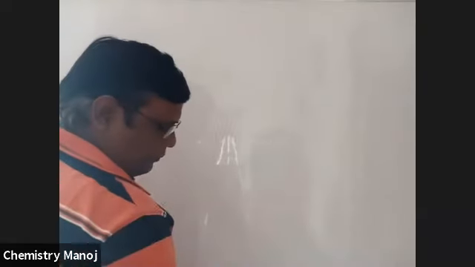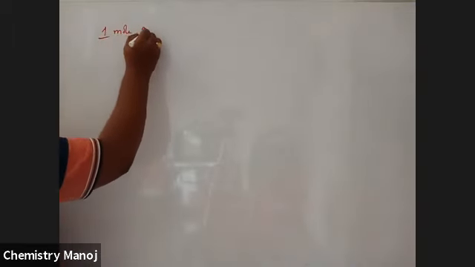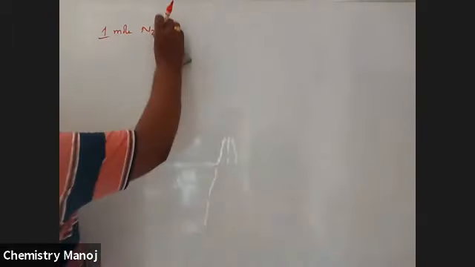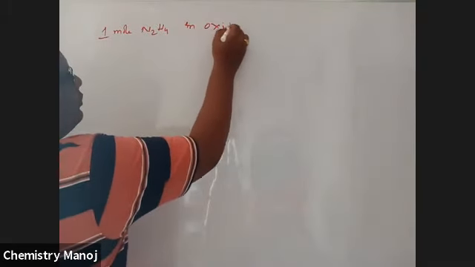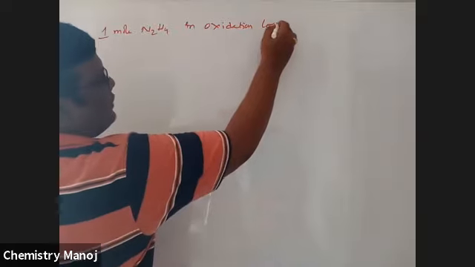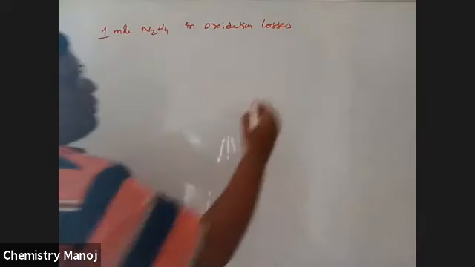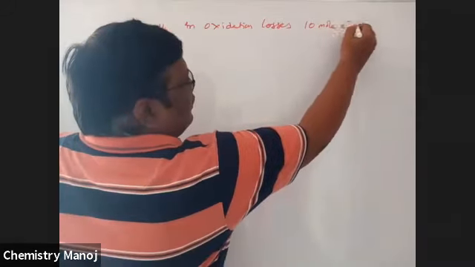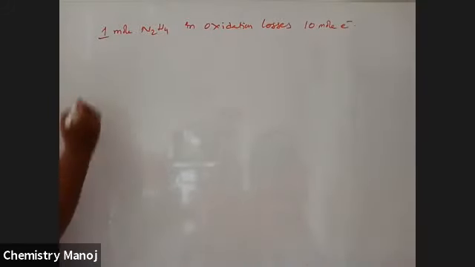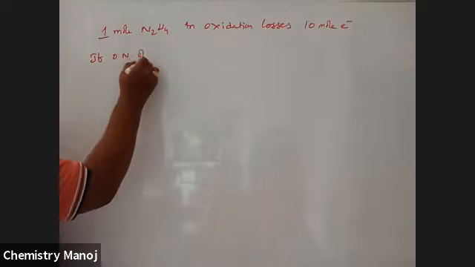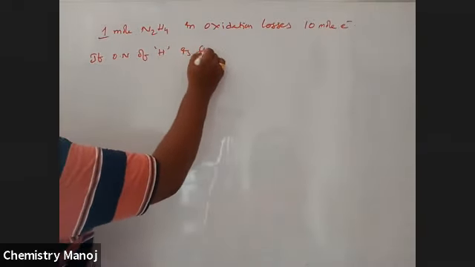Problems on N factor. Now the problem is: 1 mole of N2H4, in oxidation, loses 10 moles of electrons. If the oxidation number of hydrogen is fixed,